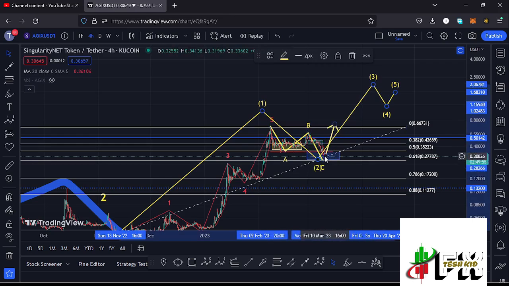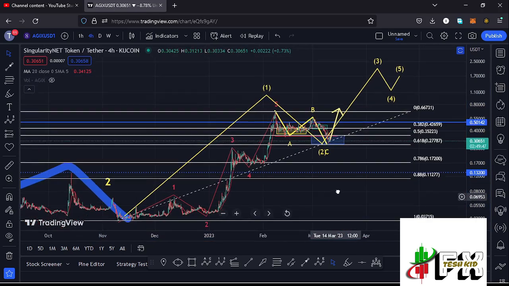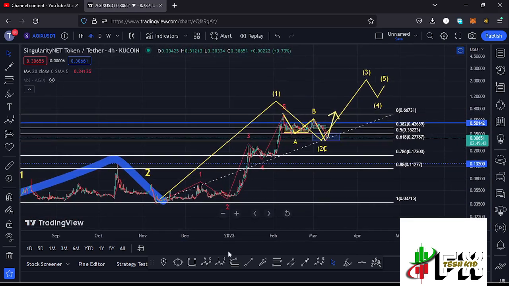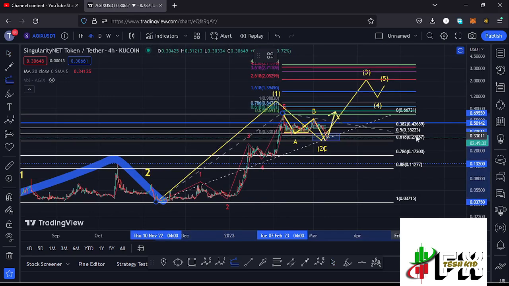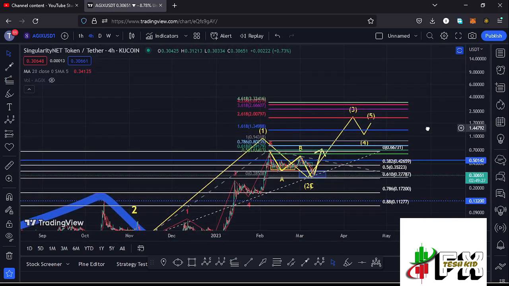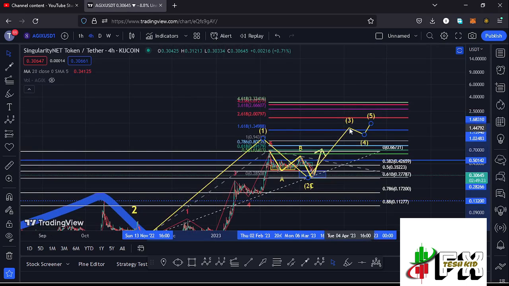And if that is the case, and assuming that AGIX is not going to give us one more leg down to the lower side in the formation of this higher Elliot wave count 2, we can sketch out a target area to the upper side in the formation of that wave 3 by connecting the trend-based Fibonacci from the low of the first wave down there to the high of that wave 1, then dragging the fibs to the low that we have here on the charts in the formation of that wave 2, and that gives me a minimum target area to the upper side in the formation of that wave 3 at the fib level 1.618,